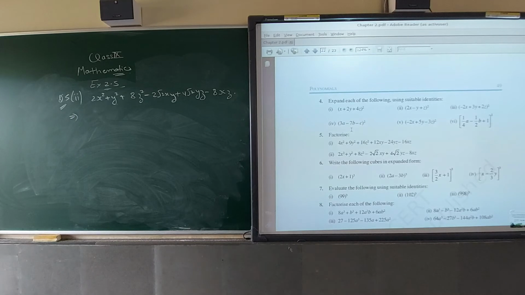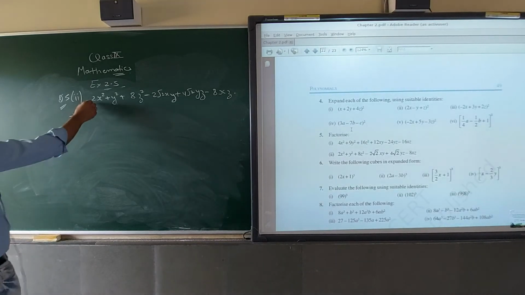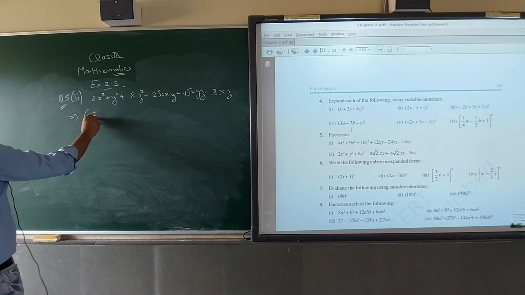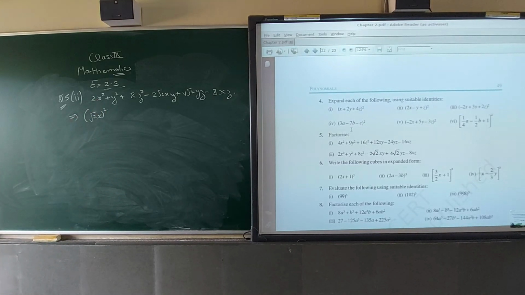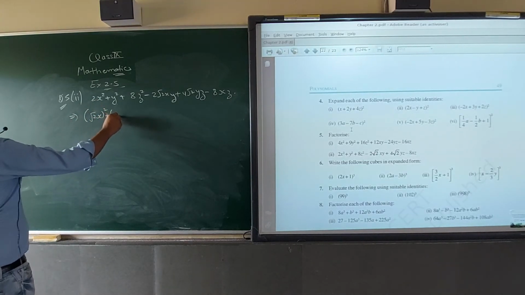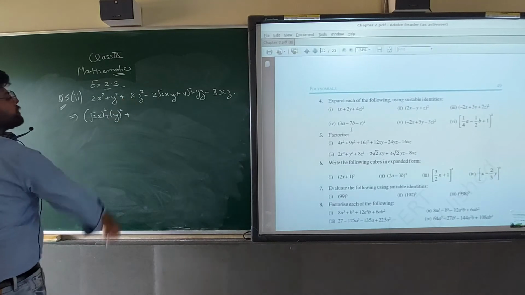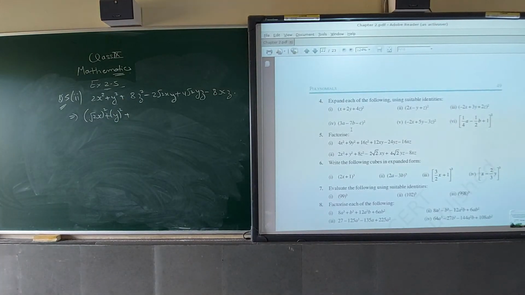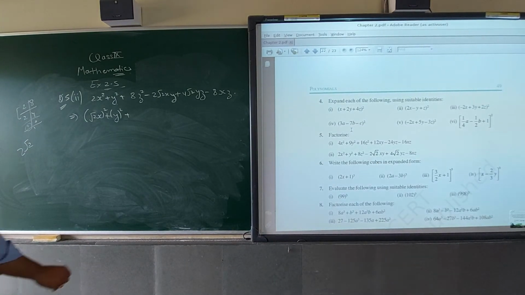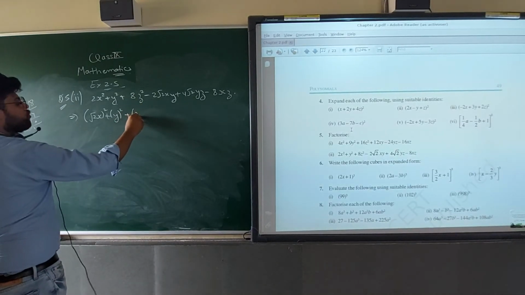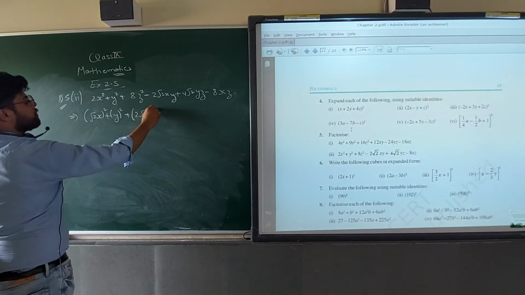Now, we have to form a square of 2, but we don't know the square of 2, so what can I write? Root 2x square. Now y square we have to form. Now 8 is there. What can we write? We all know 8 we can write as 2 root 2. How? Make the factors of 8: 2, 4, 2, 2 and 2, 1. This will be the pair. So 2 and 1 left. So we can write 2 root 2. This we already learned in class 8th also. So this will be 2 root 2 z.